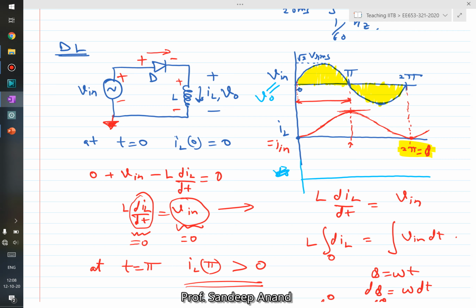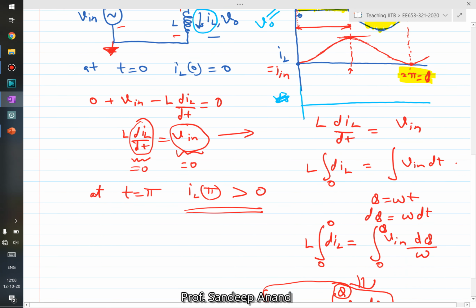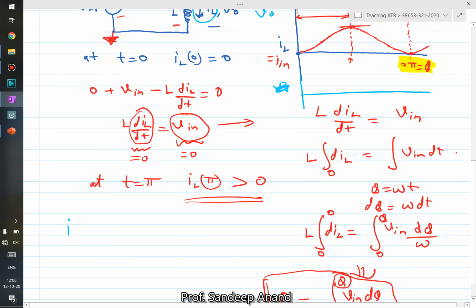Although the current that you are getting in the output, which is the inductor current, has a DC component. So what is the inductor current? The inductor current has a DC component. It also has oscillations of the input voltage. It's a single pulse circuit, so there is a single pulse oscillation. That means if you do a Fourier series expansion or FFT of the inductor current,